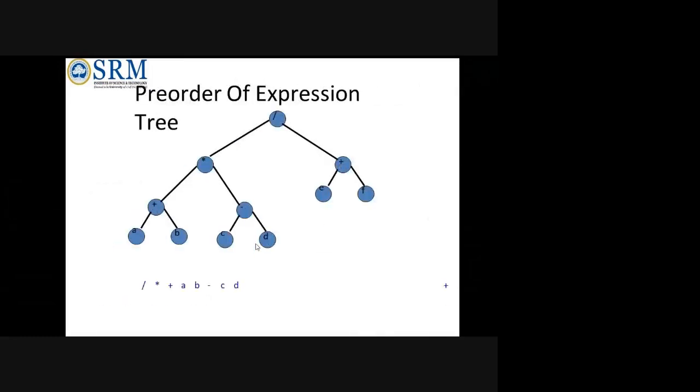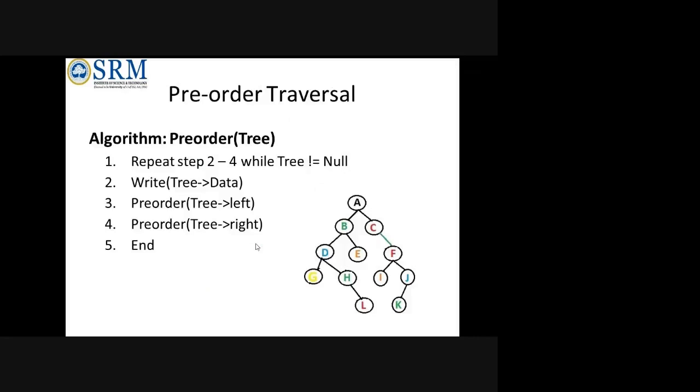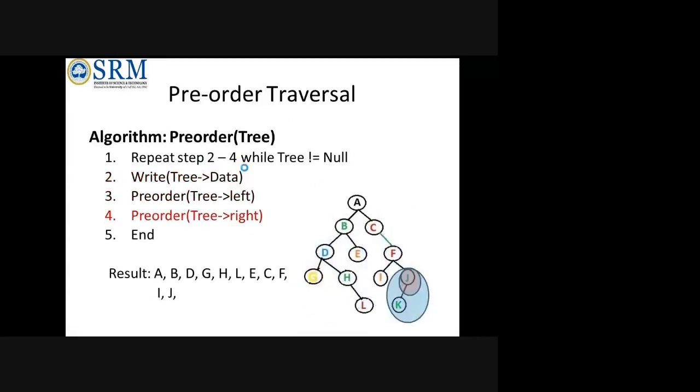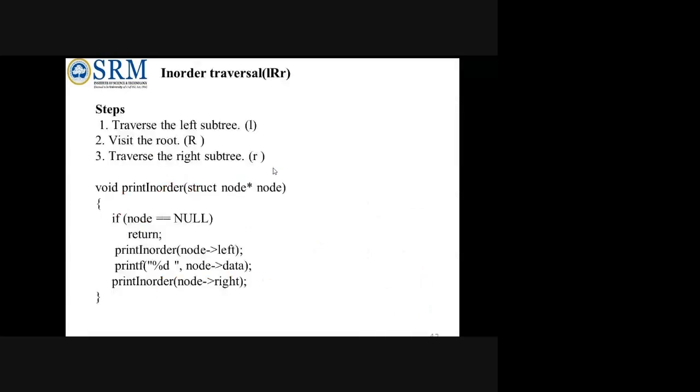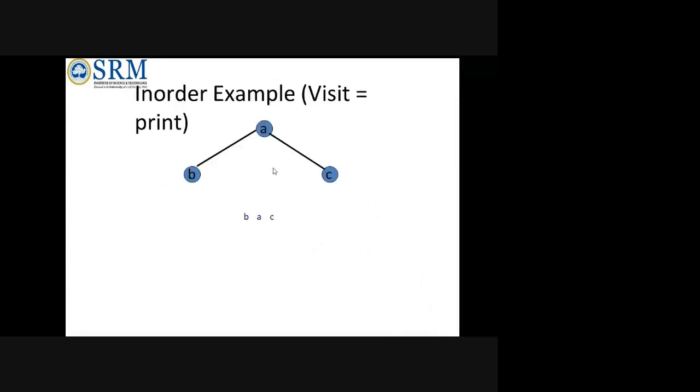I do not know who asked that doubt, because I couldn't see your name here. The thing is, when you are creating a tree, first, before traversal, a tree will be created by you. So when you are creating a tree itself, you will be asking whether the node has to be inserted to the left or right. And in binary search tree alone, the left side tree will be having smaller nodes and the right side tree will be having the greater nodes.